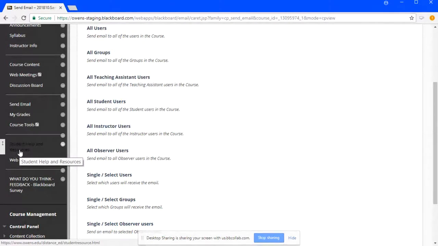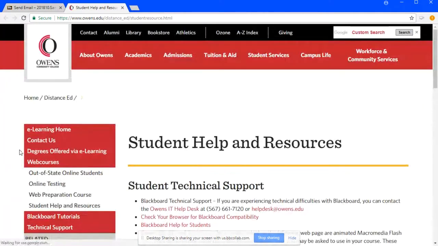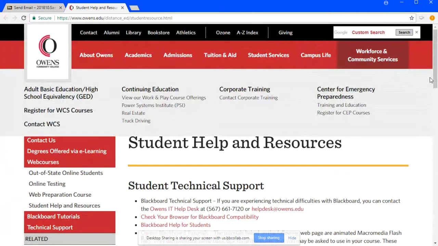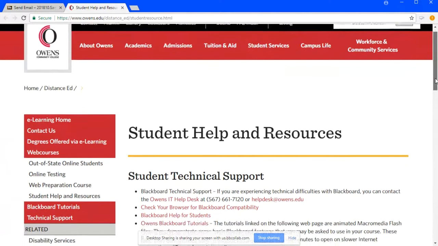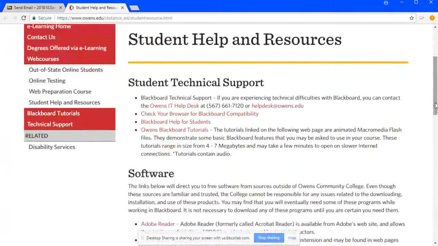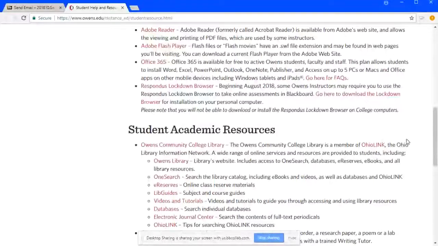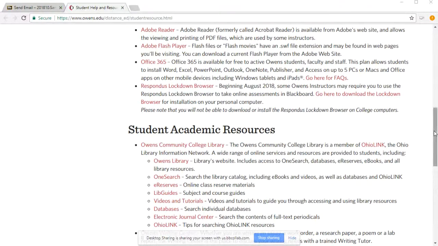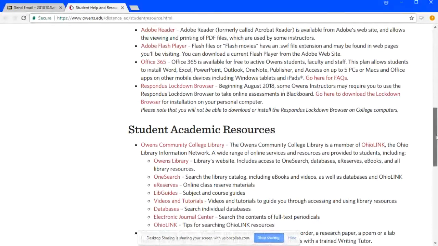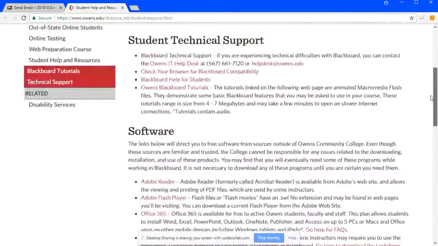The student help and resources, I'm going to click on that to briefly show everyone some of the additions and links that we've added here. Students now are aware that there's technical support as well as academic support. So we've subsectioned this web page into two specific areas so students can delineate the types of support that they might need.